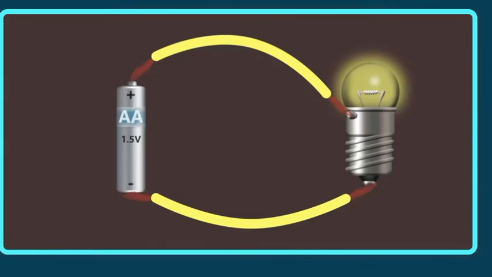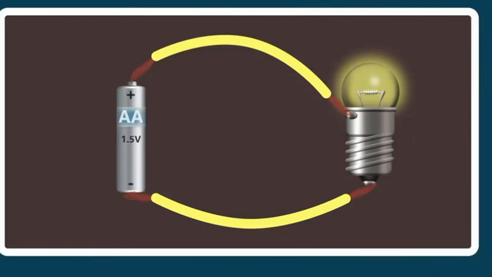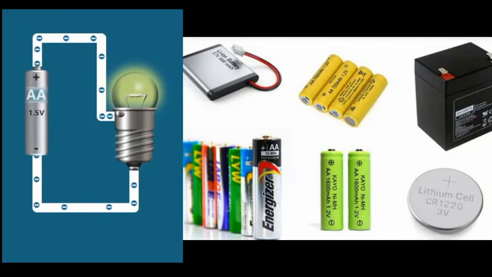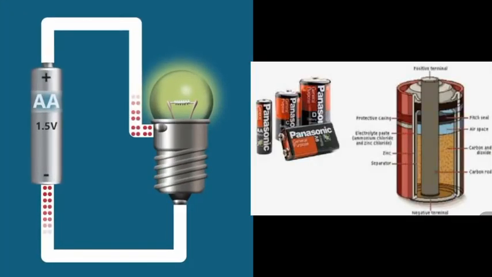The device which is used to create a potential difference between the ends of a conductor is known as a voltage source. The commonly used voltage sources are cell or battery. An example for a voltage source is a cell or a battery. A voltage source is required to create a potential difference between the ends of a conducting material. And how can a voltage source such as this cell or battery create a potential difference between the ends of that conducting wire?